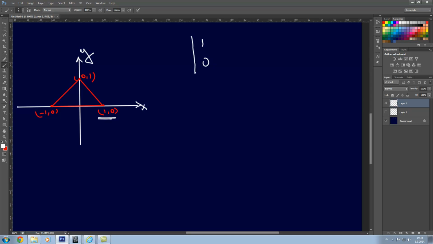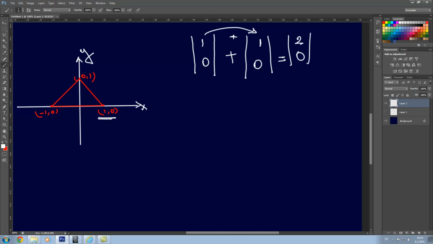So 1 and 0 for x and y, and I will add to this position just 1. I would like to move it nothing in y, but 1 unit in x, and the result is going to be 1 plus 1, which is 2, and 0 plus 0 is 0,